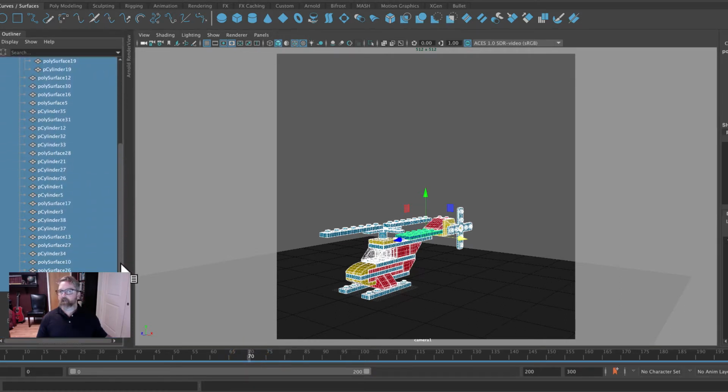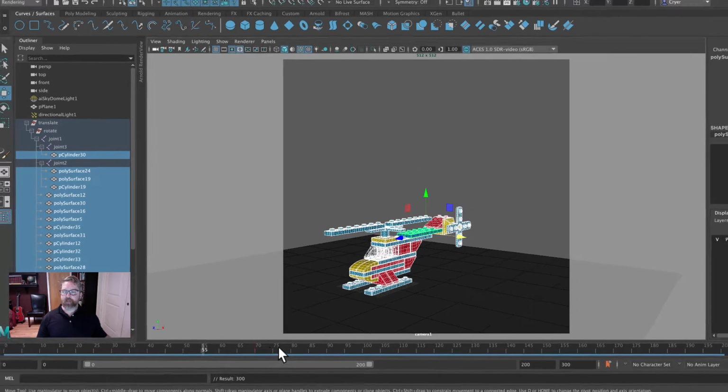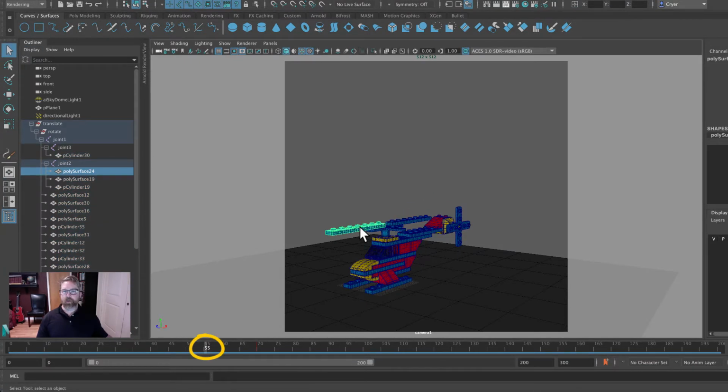You can take a look here in the outliner. I have only my poly surfaces selected. And make sure that panel's active, and I'm going to hit S on the keyboard. So at frame 70, all of these pieces are assembled, and you can verify that the animation of your rig still works. And now we're going to work in reverse from 70 down to 0, and we'll key these out